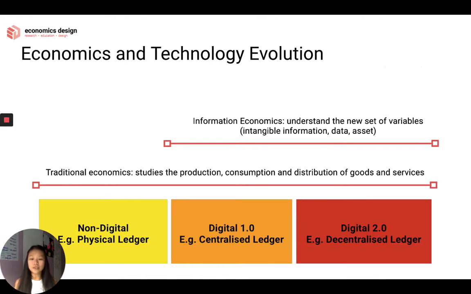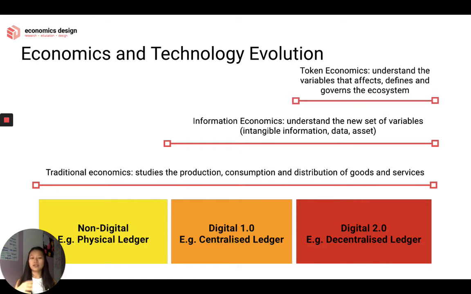Because it's no longer physical goods, it's no longer producing water bottles and fruit and markers and laptops and cash even, hard physical cash. Now we're looking at a digital version of many things and trading information, trading data, instead of just trading physical assets. And then in recent years, we are looking into this thing called a decentralized ledger, where it's still digital,